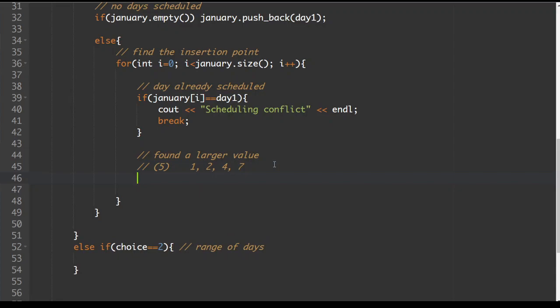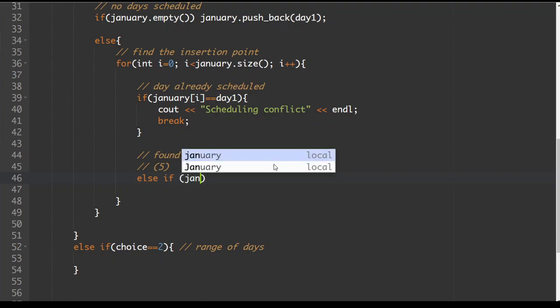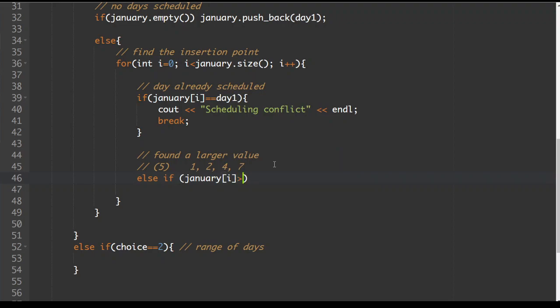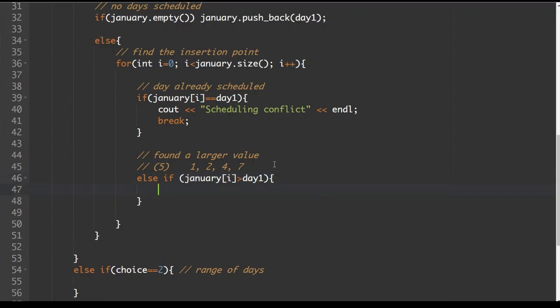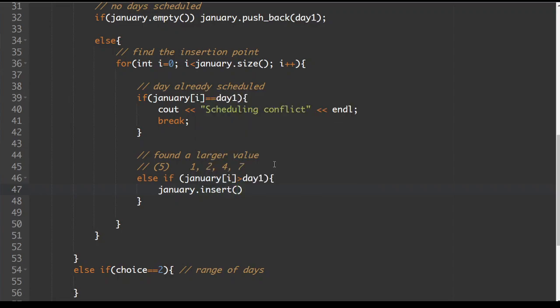So in this one, else if January[i] is larger than day1. So if we find a value that is larger than it, what we're going to do is we're going to insert it. So we're using the insert function for this. So January.insert. And what we need is we need to point to the position that we want it inserted. So that's going to be